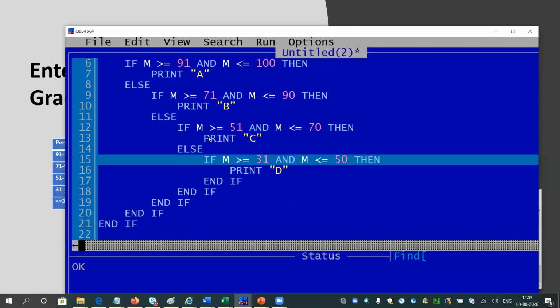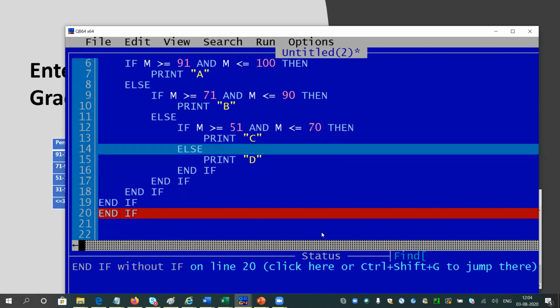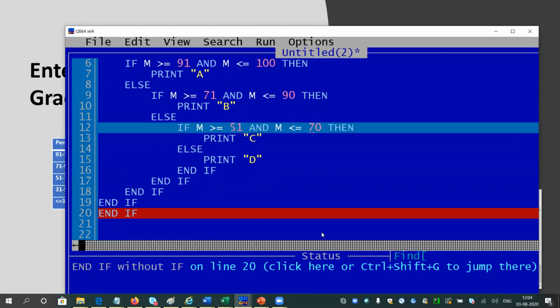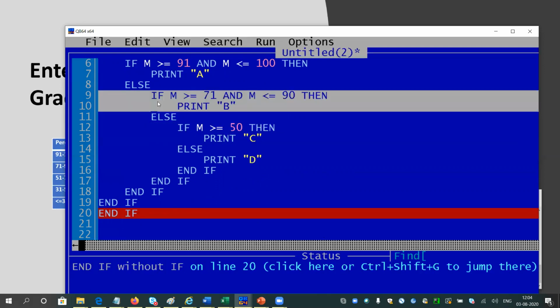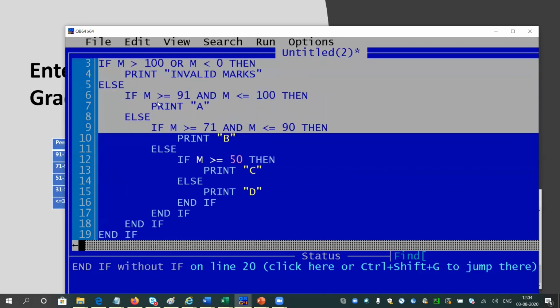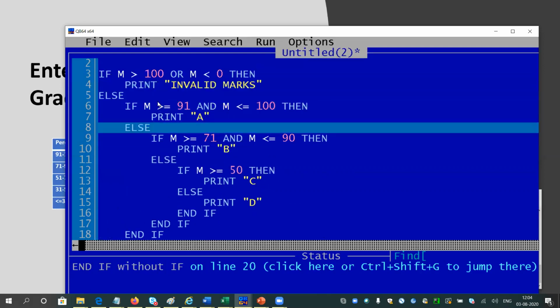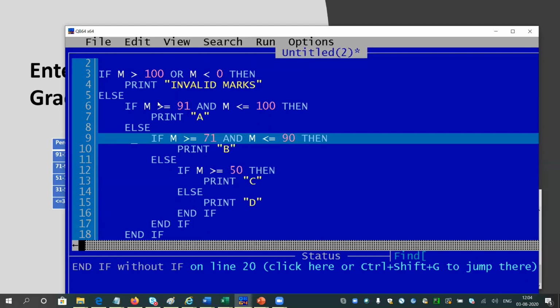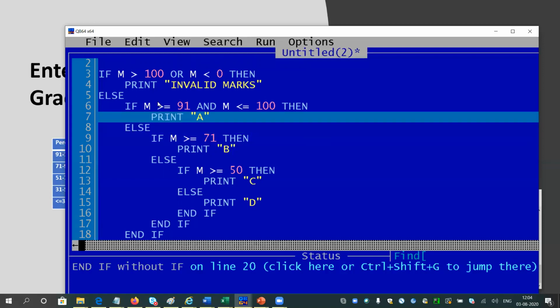Here, if we use the nested if, we do not require to write many lines like this. I do not need to write this line. Automatically, else will be 31 to 50, right? I do not need to write this line because it is coming into this else block, because it does not lie between 71 to 90, and it does not lie in any of these ranges, so it comes into this if block. Like that, I can skip this part as well. So choose your if and else carefully. I will suggest you go through the exercise at the end of this video. I will show how to get the exercise.